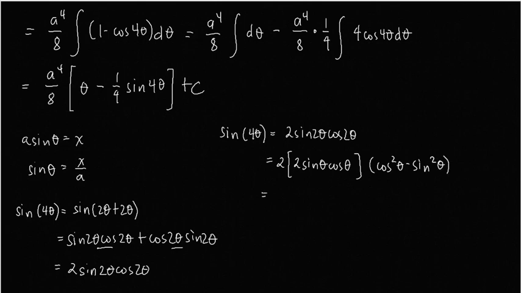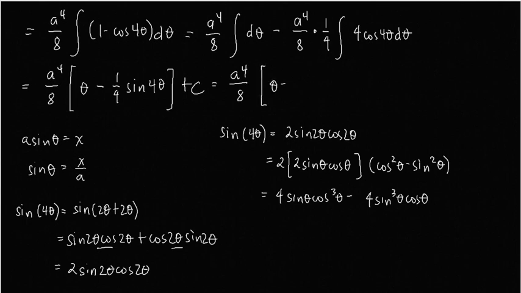So we have 4 sine of theta, cosine cube of theta minus 4 sine cube of theta, cosine of theta. So it means if we substitute it here, we have a to the 4th power over 8 times